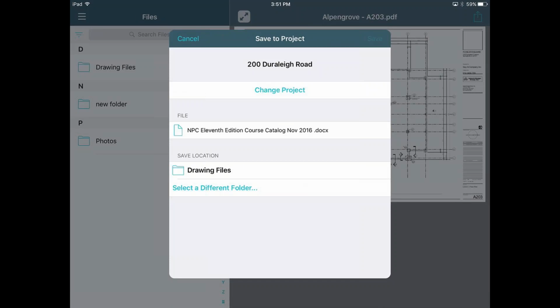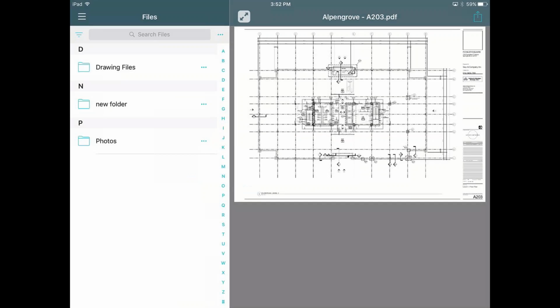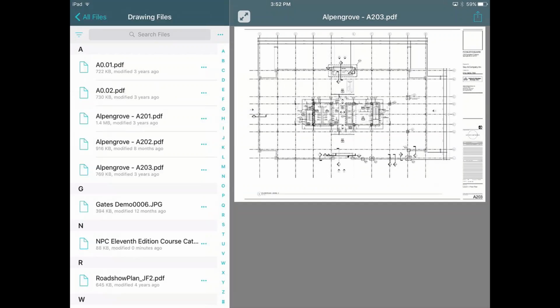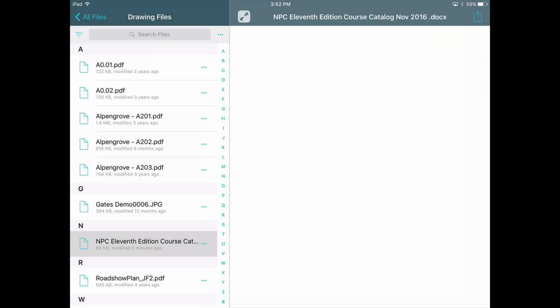And then I could say save. And then that way it would upload into my drawing files folder. And I would see it here. Now mine's uploading in the background, but I would have that available, and then I would have that available in